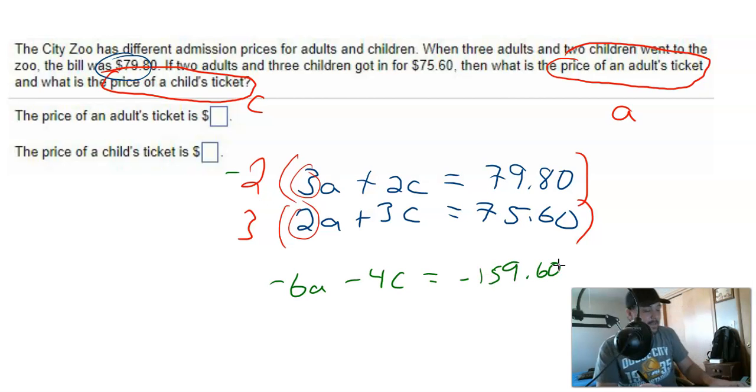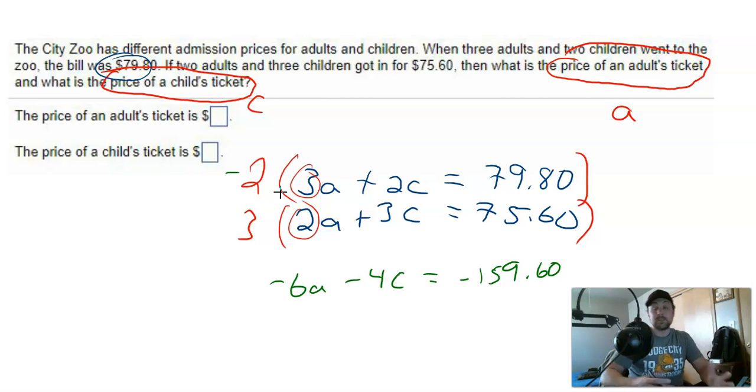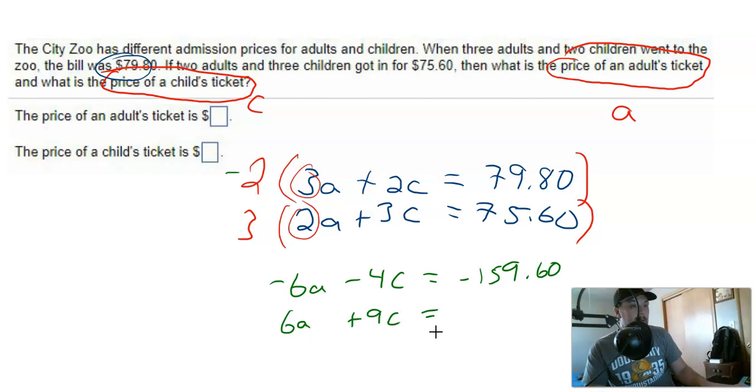159.60 is what I remember it saying. Yeah, 159.60. Okay. And I'm going to throw the 0 on the end of that because we're talking about money again, so I like to go to 2 decimal places with that. The bottom equation will be positive 6a plus 9c equals, we'll have 3